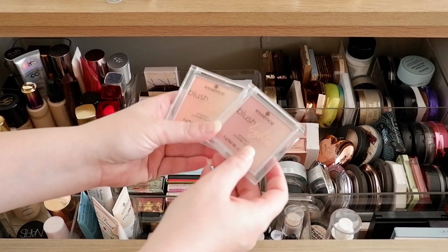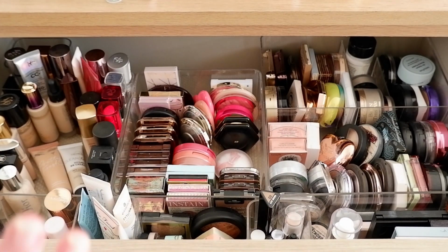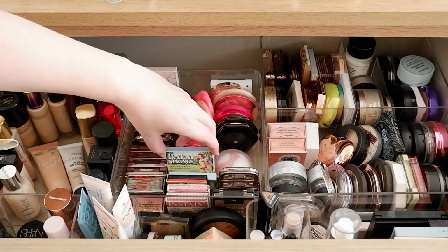I tried these on my face outside of my video, and I have to say I'm pretty impressed. But I need to use them more for my full thoughts. So those are going to go in there for that reason. And I think... Ooh, what else do I want? I think what I'm going to do...